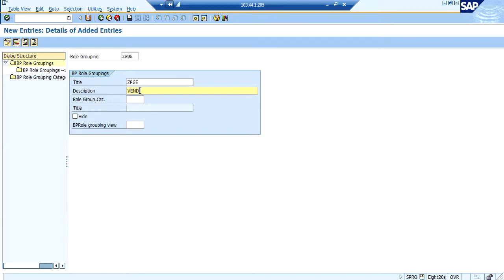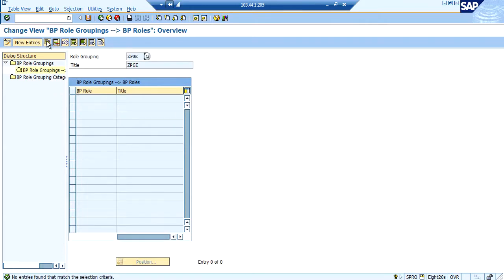Giving a generic title and description for it. Here I am keeping the remaining things blank. Now if we go to BP role groupings, let us assign the BP roles which we have seen previously.